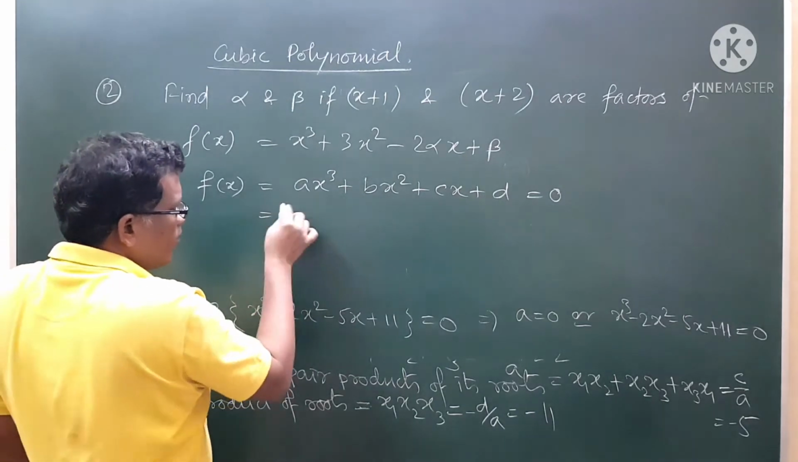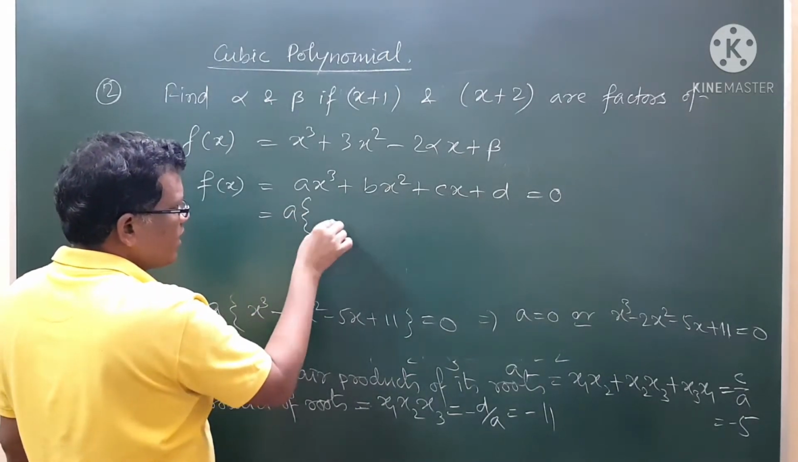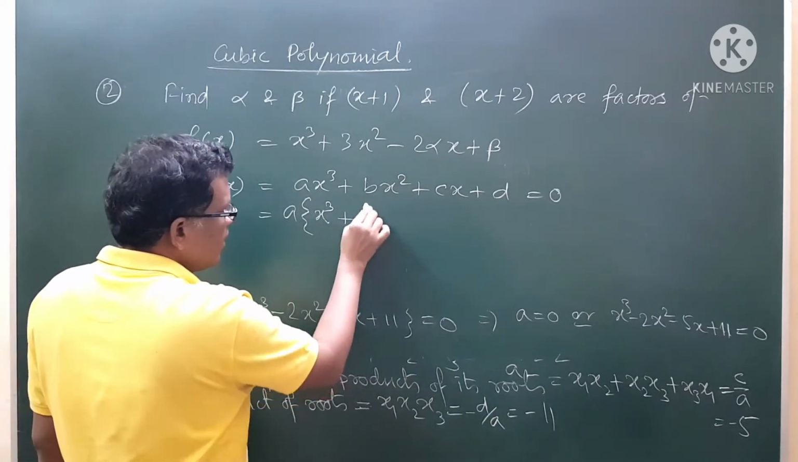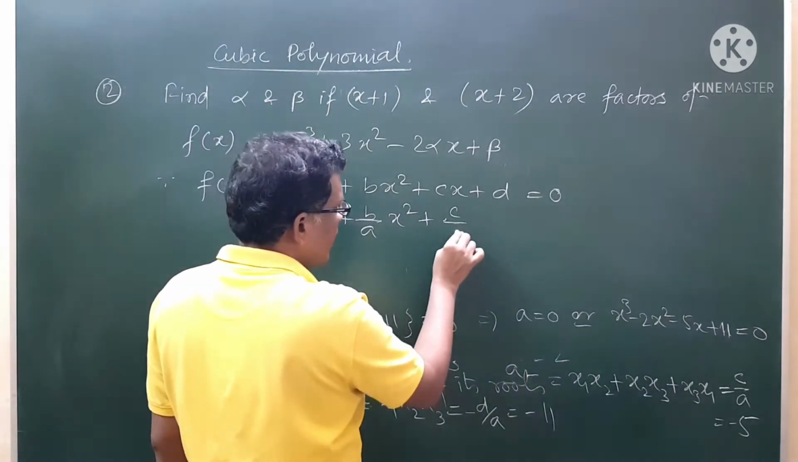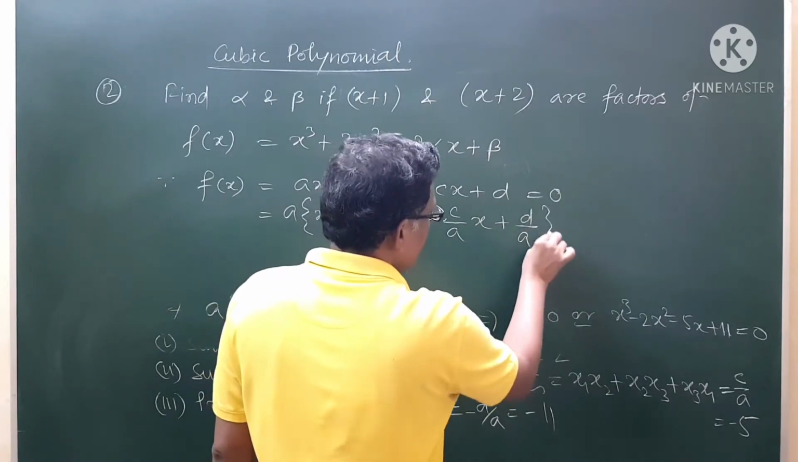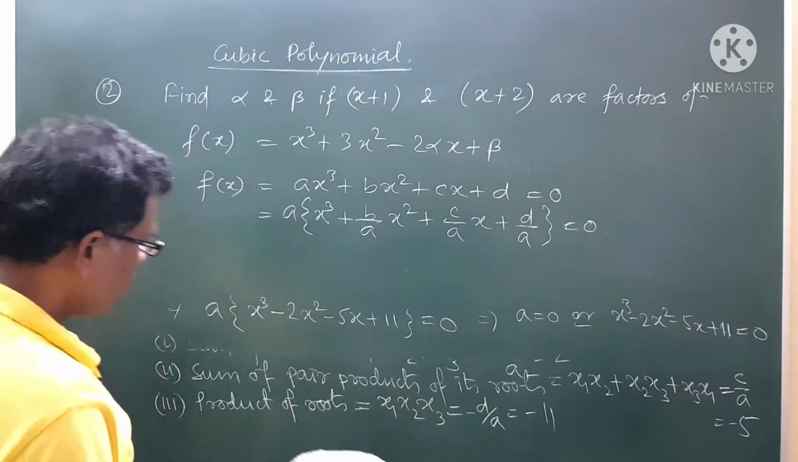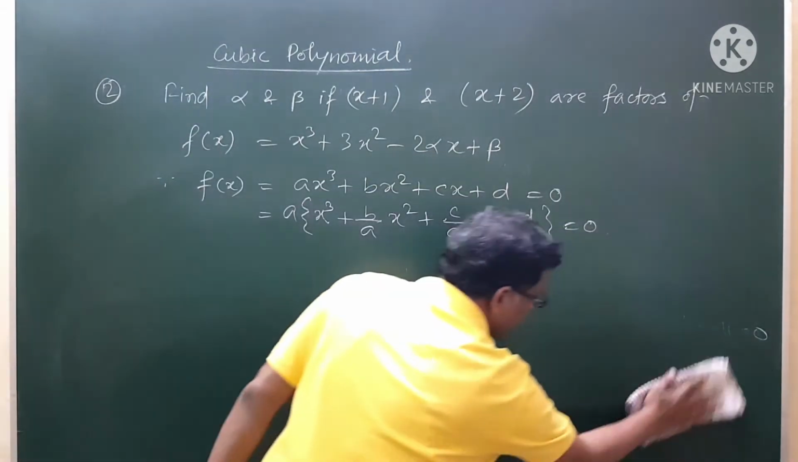Now from this part I can write, as I simplified in the previous one, a into x cube plus b by a into x square, next is c by a into x plus d by a equals 0. Got my point? Now if